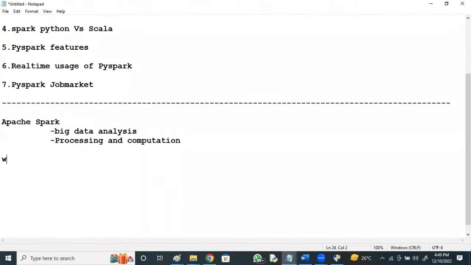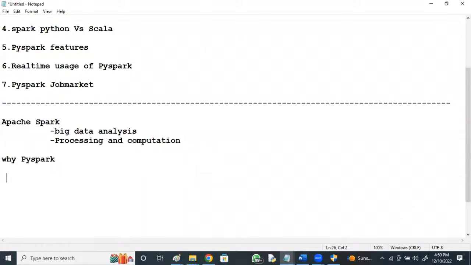But why PySpark? Okay, PySpark, I can say it's a Python API to use Spark. Spark, I was saying, is open source cluster computing, which is used for big data solutions. So I can say PySpark is a lightning fast technology designed for fast computation. PySpark is a very demanding tool among data engineers, if you want to work with bigger data sets.